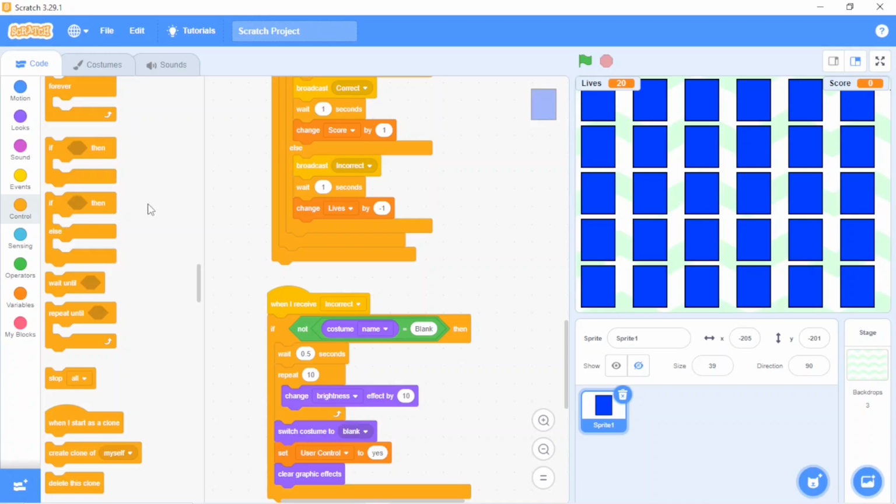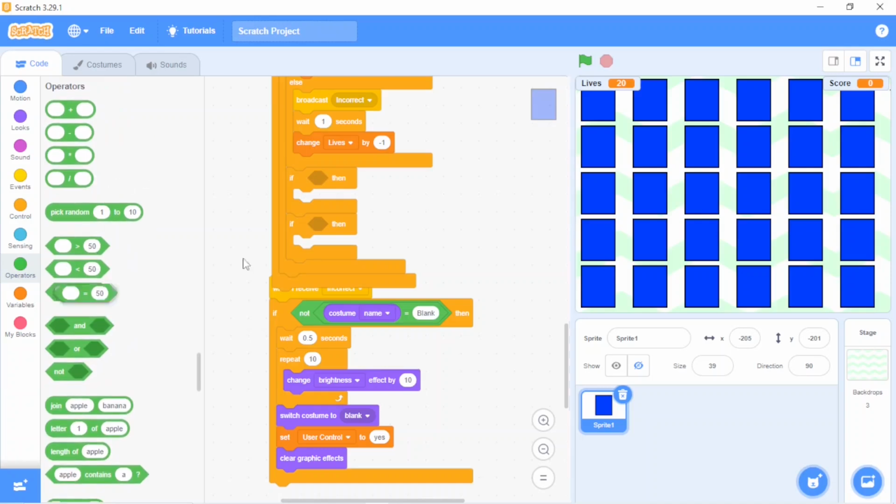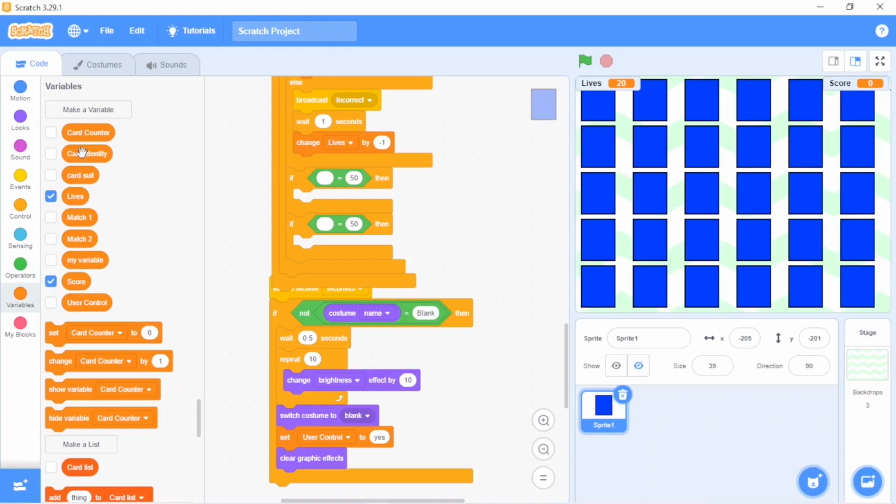For that, I'm going to choose the if condition and I will place this if condition here. 2 times I want. Okay. Operator block equal, variable life, this one score. Life would be 0 and score would be 15.